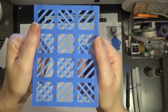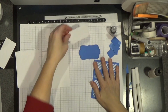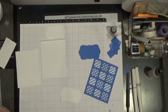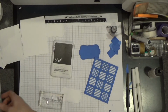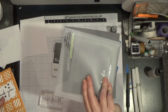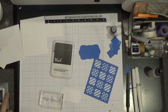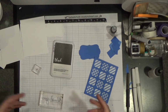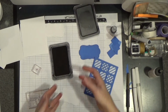Isn't that pretty? Oh, I think that's so pretty. Now we need to do a little stamping because you want to do your stamping before you attach it. So I have a couple of stamp images from the January 2021 Stamp of the Month called Every Thank You. So lots of different thank you sentiments on there, which is perfect for January because most of us are sending out thank yous